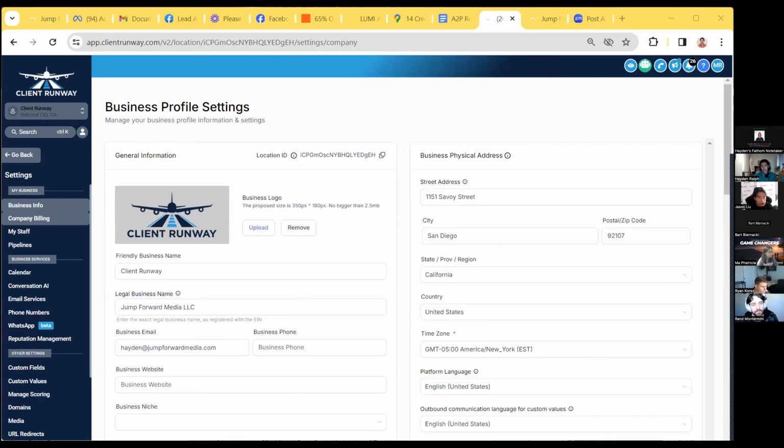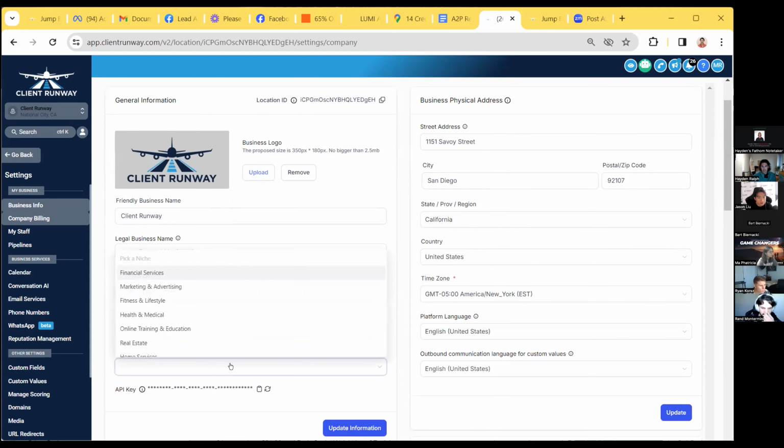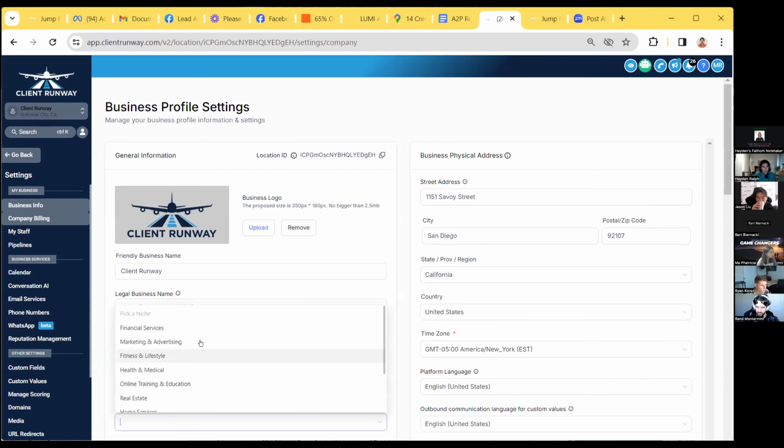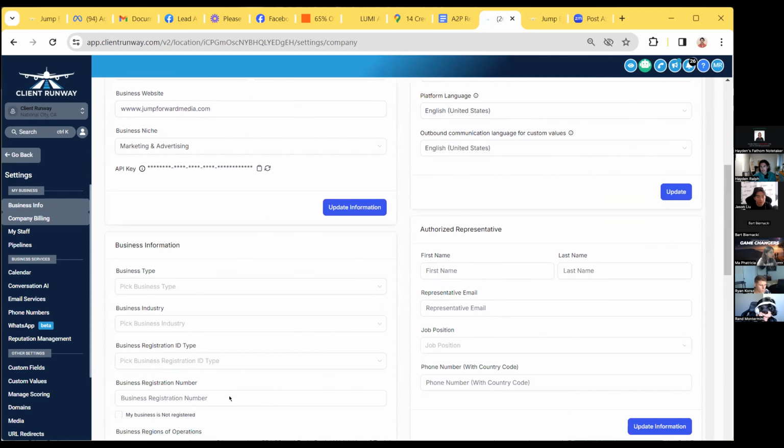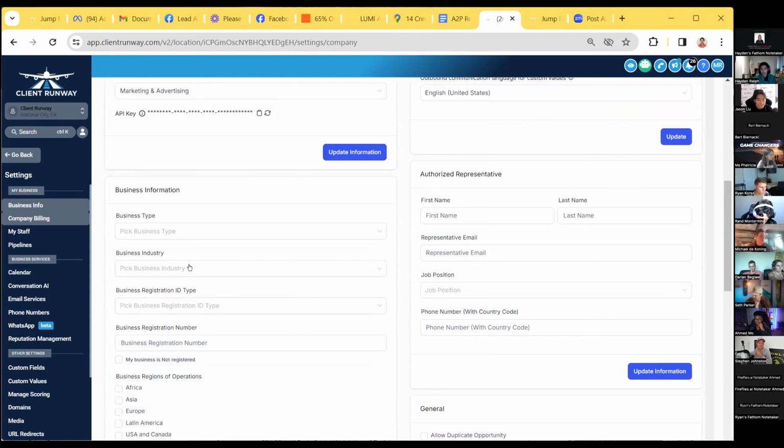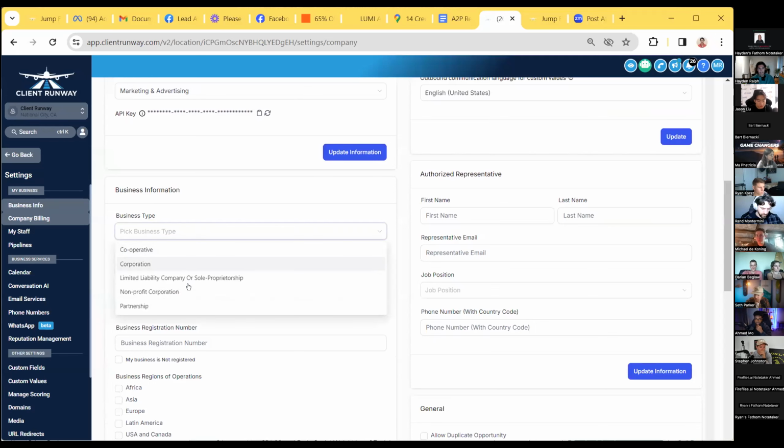So Patty, just a quick question. You said if the address on the website is different from the address that they gave you for the A2P registration, that it could not verify, right? Yes, that happened to us last time, and as per the representative from Twilio, we need to make sure that everything matches on the website, on the legal tax form, and especially on the Go High Level account.